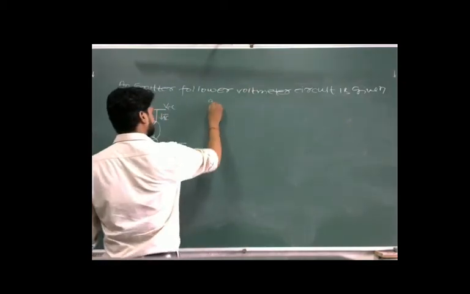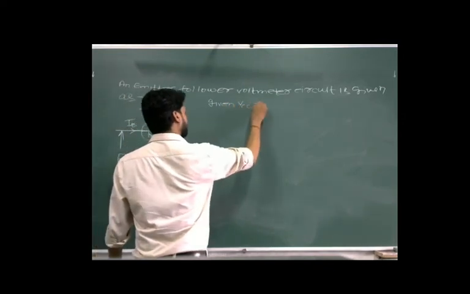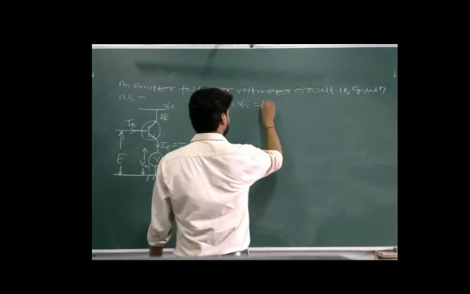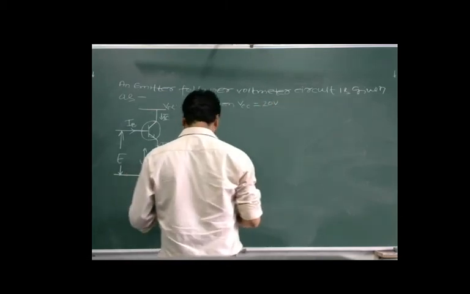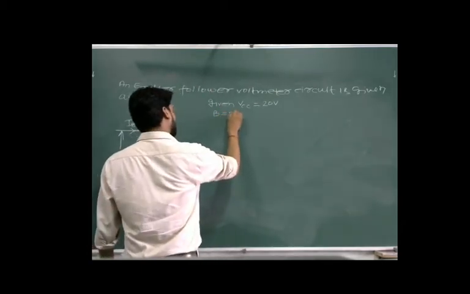Given VCC is equal to 20 volt, beta for the transistor is given 99,